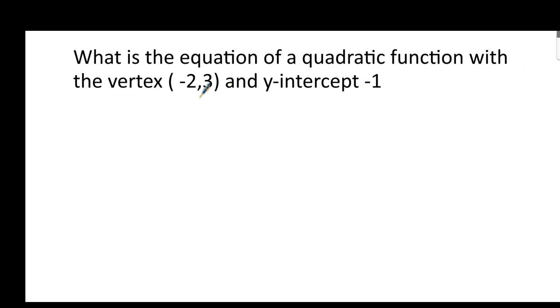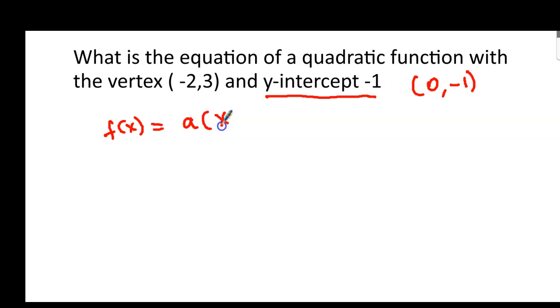So here we have been given the point and we have been given the y-intercept. Here at the y-intercept, x is equal to 0. So this one, you might see is like a single number, but it's a point because we can write this point as 0, -1. So it becomes the same as we did from the previous one. So let's go ahead and write our formula. So here a, the x here is negative, so it's going to be positive, squared, and then plus 3. And then we say, okay, y is equal to,